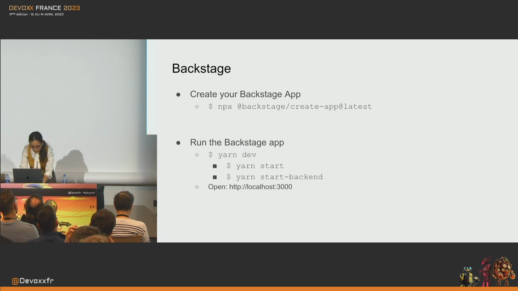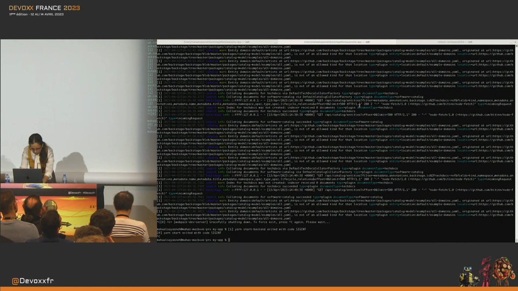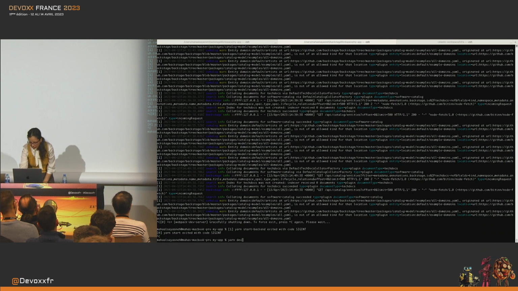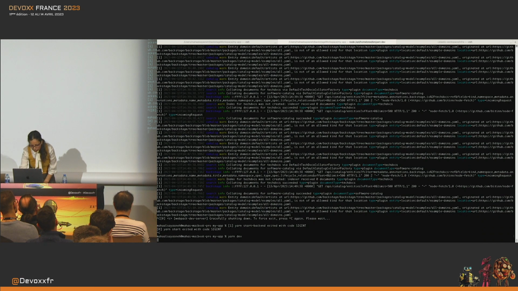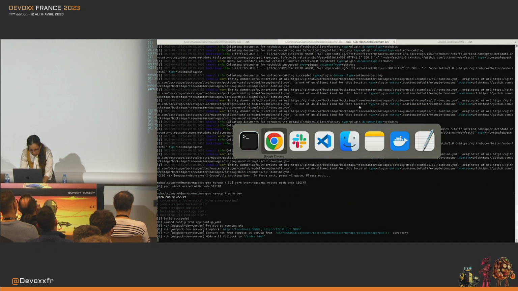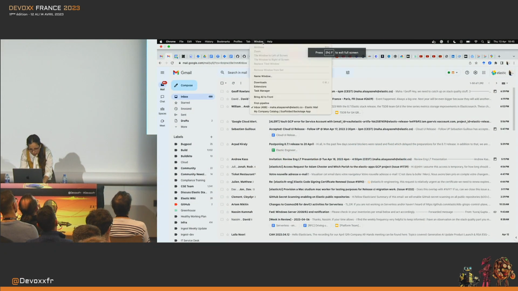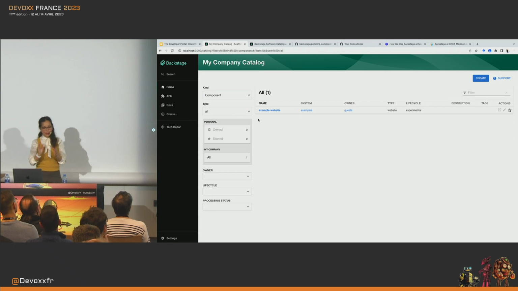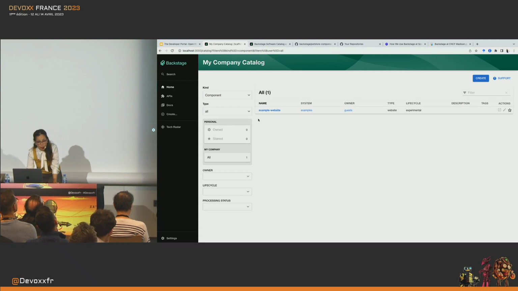Let's go and see some demo. So this is my application. It takes around 5 to 10 minutes to create the application, I guess 5 minutes to install everything. And then when you run yarn dev, I think I'm gonna go by mistake. All right, what you will get at the beginning is the main homepage, where